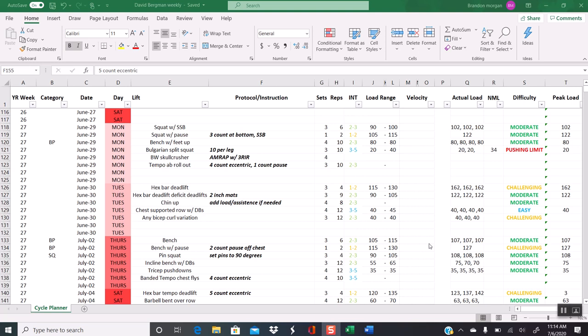We got into some challenging ratings, but across the board, it's mostly moderate. We shouldn't see any moderate difficulty ratings on that last week. Moderate difficulty ratings are for the first and second week. So the general rule of thumb, the way it should look is, let's say for the first day,